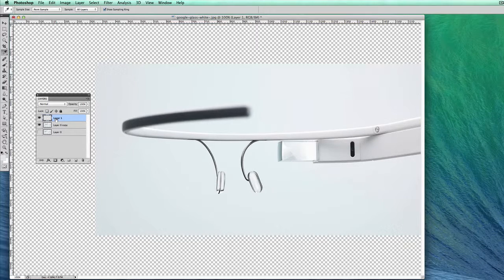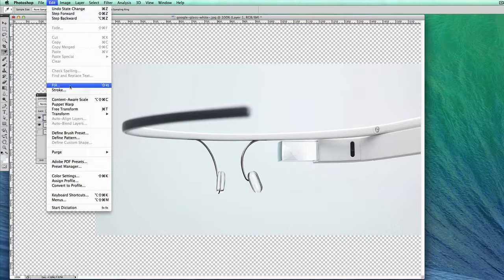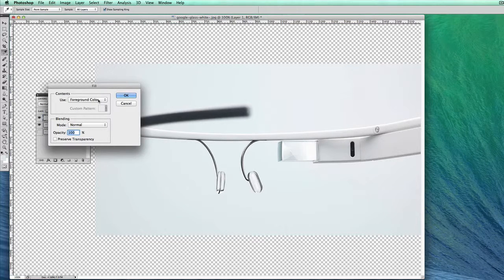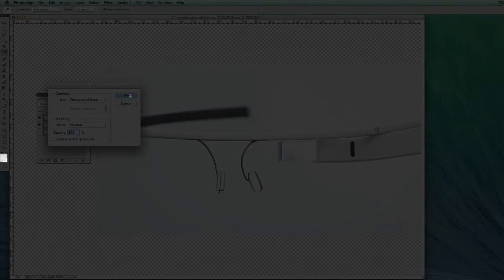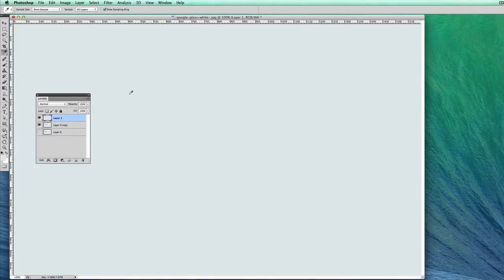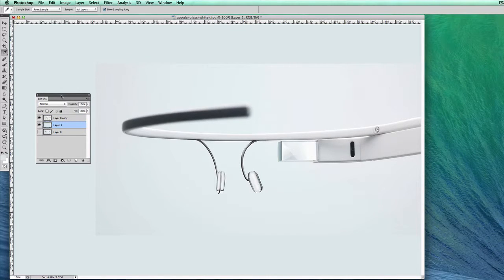So I can fill this layer now with the colour. So I can go Edit, Fill, and I'll select the foreground colour as that's the colour we want it to fill with. So I'll OK that, and of course it's made our Google Glass disappear, and that's because the fill layer is above the Google Glasses and we'll drag it down to make sure that we can see the Google